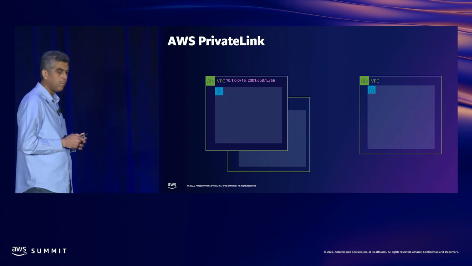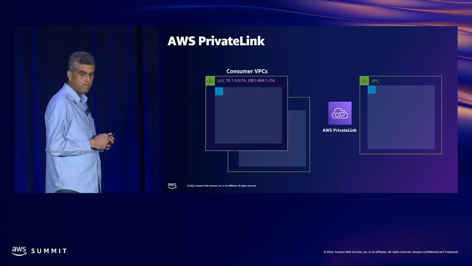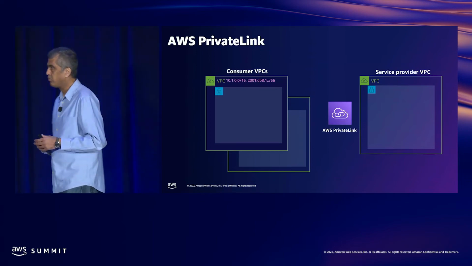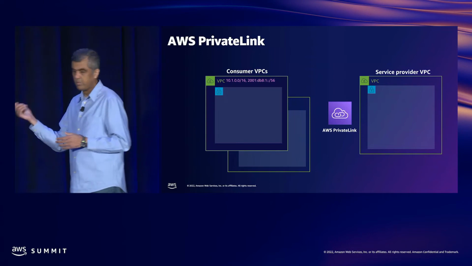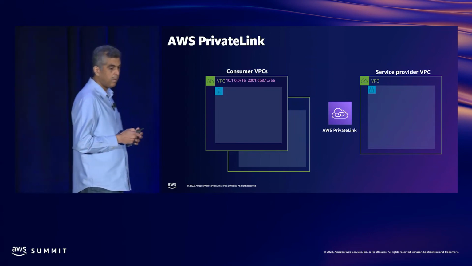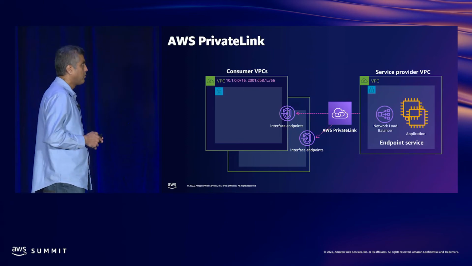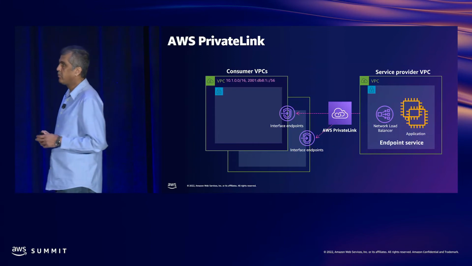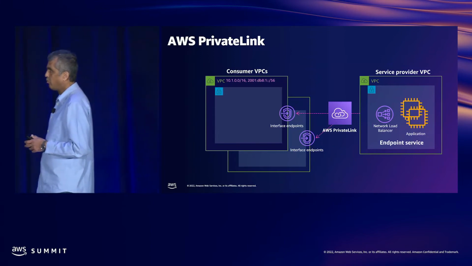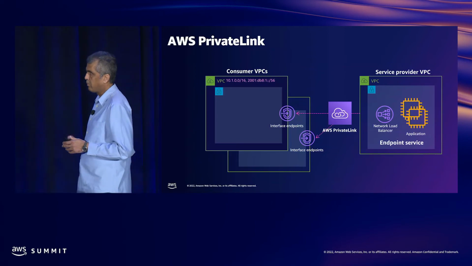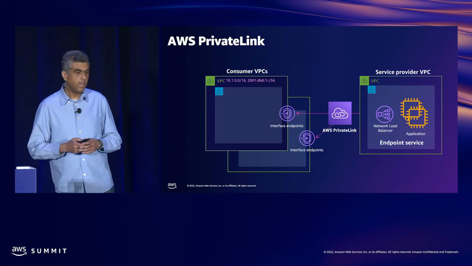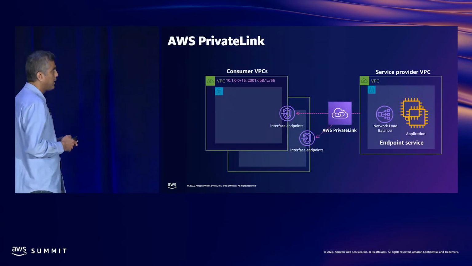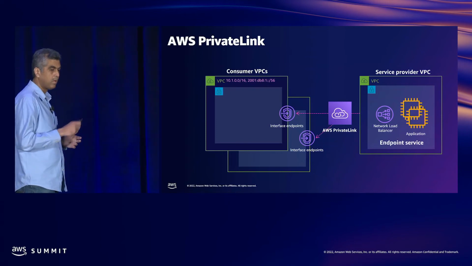How would that work? So let's say we have two VPCs. We have a consumer VPC and a service provider VPC. The provider VPC is your application that you want to be able to expose for others to consume, which lives inside your service provider VPC. You create a network load balancer. Network load balancer is our layer 4 load balancer from the load balancing family. You deploy your application just like you would do behind a load balancer, in this case, network load balancer, within the target groups. And then you actually create an endpoint service that creates interface endpoints within the other account's